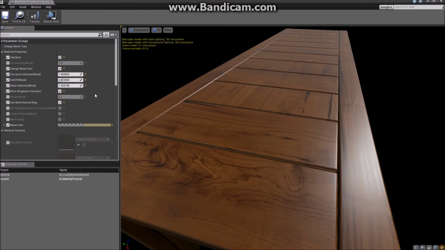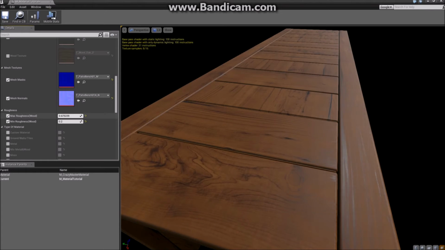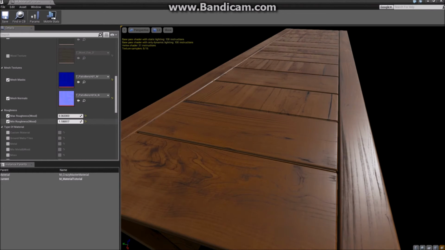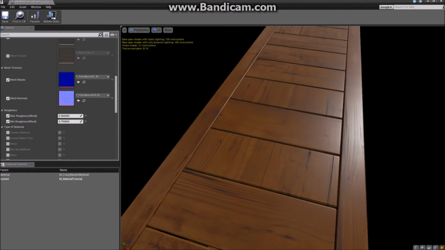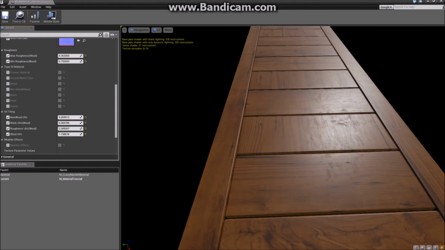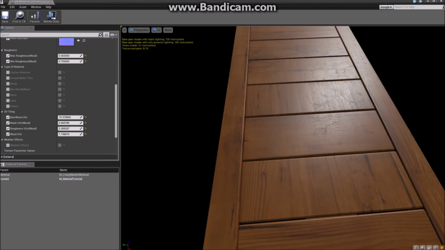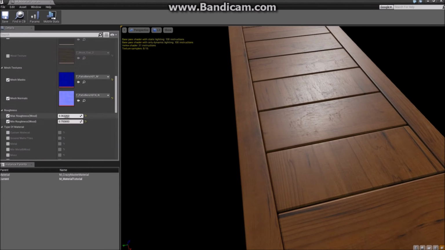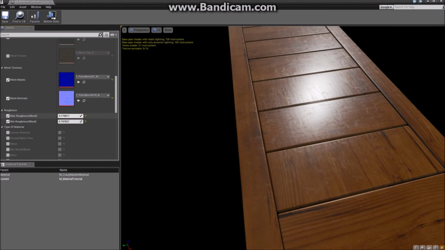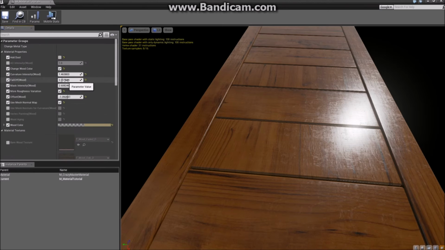Offset increases the influence of the mask. You could think of this as a sort of intensity, but in a slightly different way. Now let's change or increase some of the UV tiling. The bare wood UVs are the wood grains underneath. So let's set this to a higher number. This looks good enough, and adjust roughness so you can see how you can get a variety of results using these in combination. Adjust falloff, curvature, mask intensity, and finally offset.